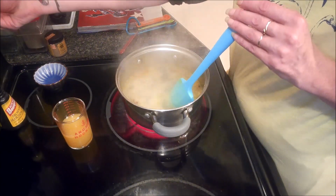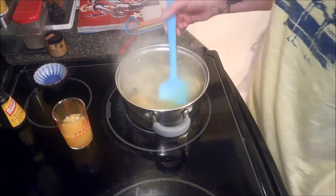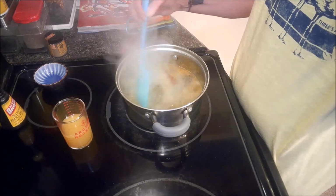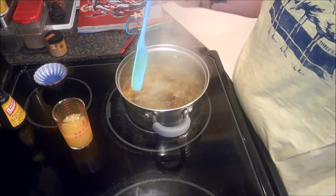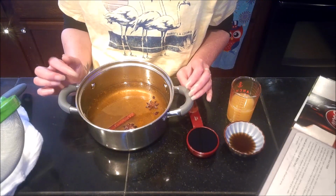Alright, we are at a boil now, so I'm going to turn this down and let it simmer for 10 minutes. And you do want to keep an eye on this because it can boil over. But you also want to be really careful that you don't splash it up on you, because hot sugar burns really bad. Our simple syrup is done, and now we just need to strain it